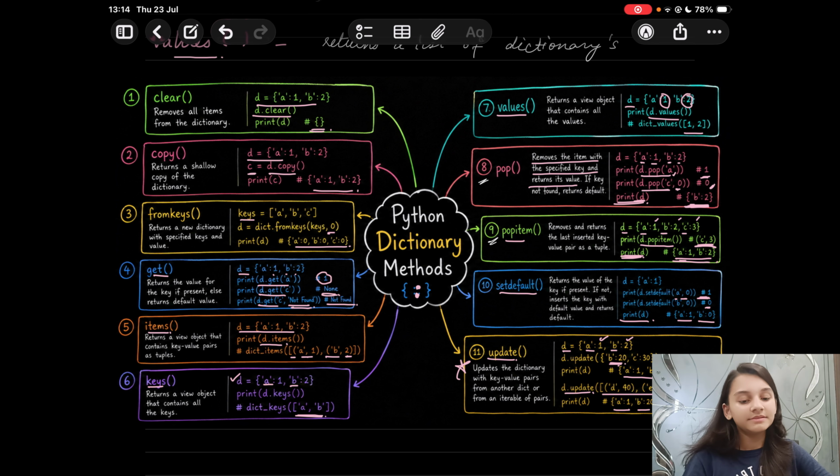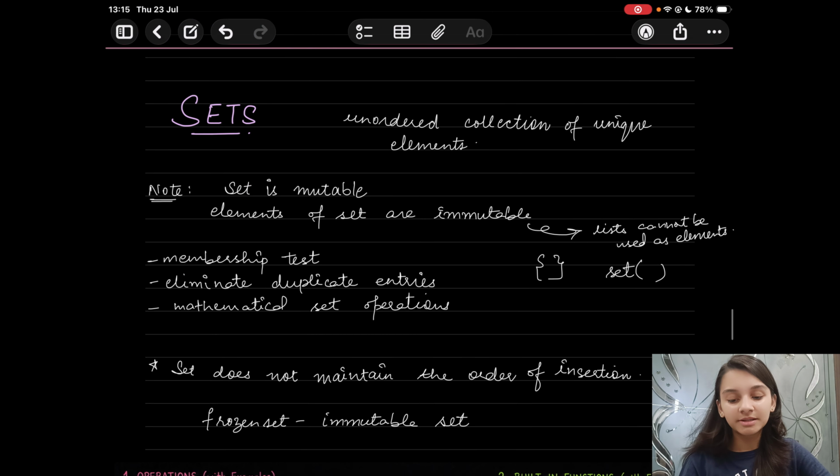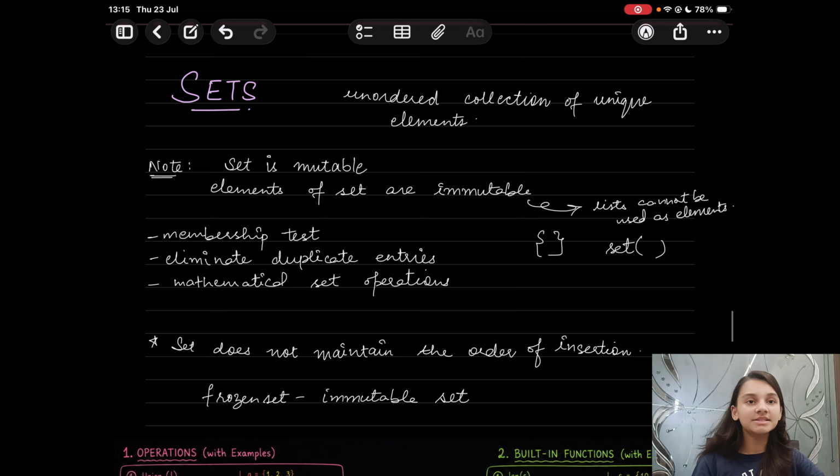Right? So this is all for the Python dictionary methods. Next, let's move to the built-in functions and methods for our next data type, which is sets. So always remember that a set is an unordered collection of unique elements. We do not have duplicate elements in our set. Then here's a note, we discussed it in the theory lecture also. A set is mutable, whereas the elements of a set are immutable,